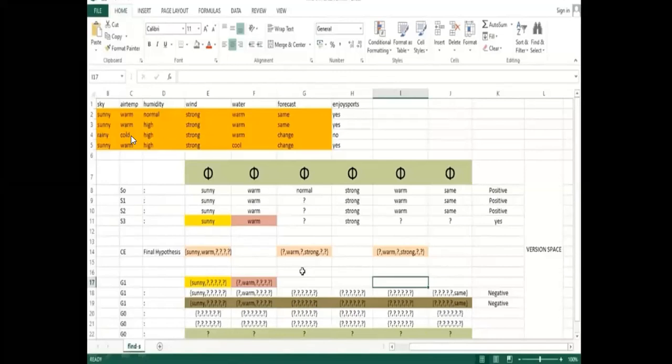Now let me come to the third data set: rainy, cold, high, strong, warm, change, and no. Here the no means a negative value, so you're using a negative data set. You will not provide it to the specific hypothesis; instead, you provide it to the general hypothesis. How do you match it? You have rainy and you have sunny.